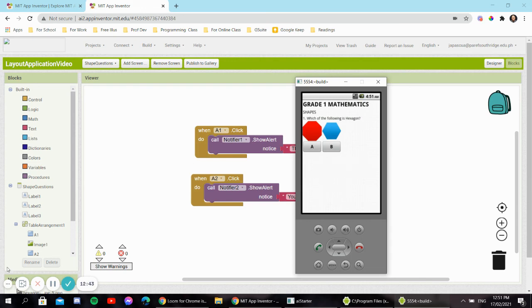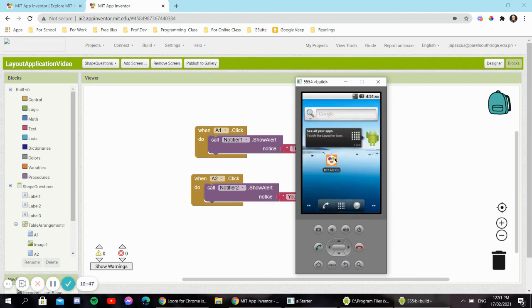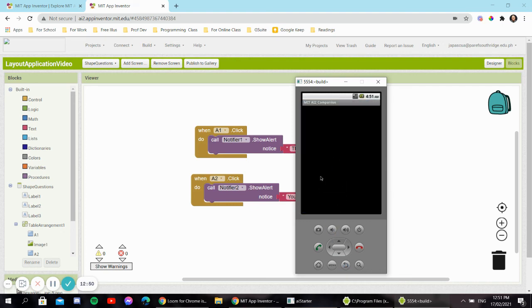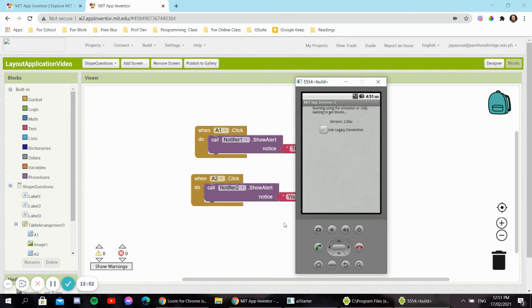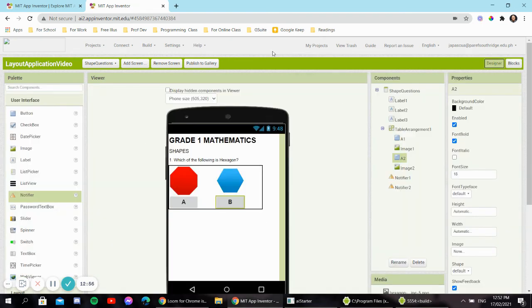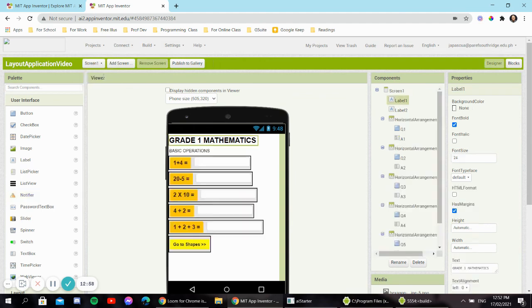Basically, those are the things that you can consider for your mobile application, or when you create a mobile app. If you do have other questions when it comes to interactivity, layout, and